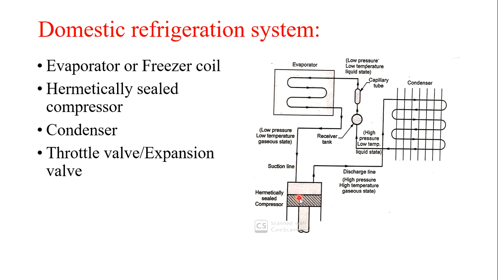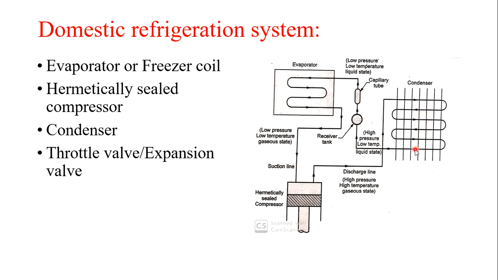The function of the compressor is to increase the pressure of the fluid. Therefore, it increases both pressure and temperature of the vapor refrigerant. High pressure, high temperature vapor refrigerant from the compressor is passed towards the condenser part. When it enters the condenser part, due to the condensation process, vapor refrigerant changes into liquid refrigerant.